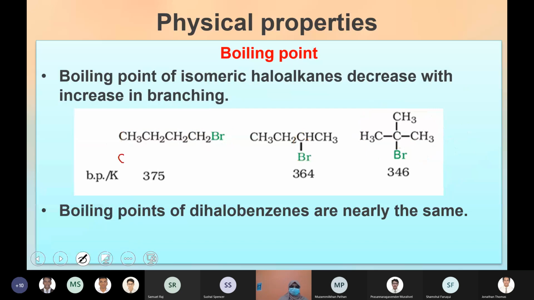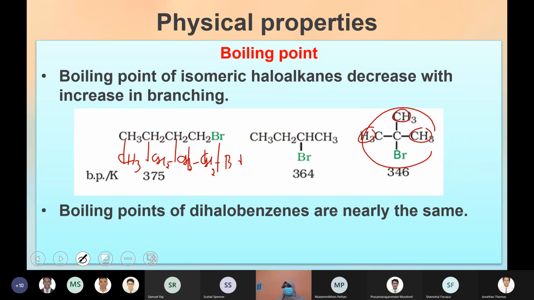If you take another molecule of the same compound CH3, CH2, CH2, CH2, Br, then they have interaction through all the joints because they are open. From any area they have an interaction, so van der Waals force is possible. But for this compound, due to the branch, the interaction with another molecule will be less. That is why surface area and van der Waals force of attraction are proportional.